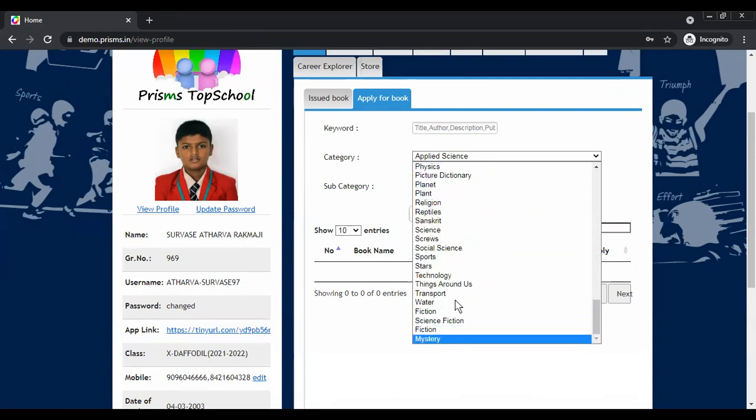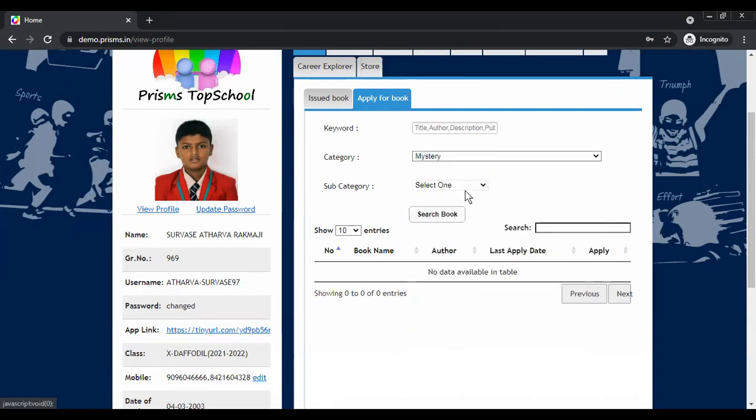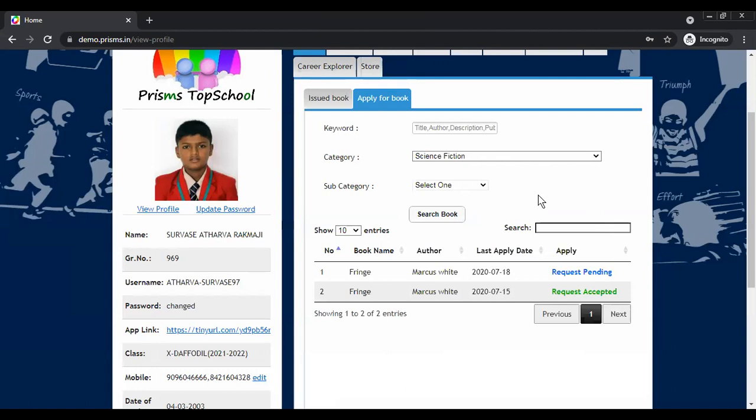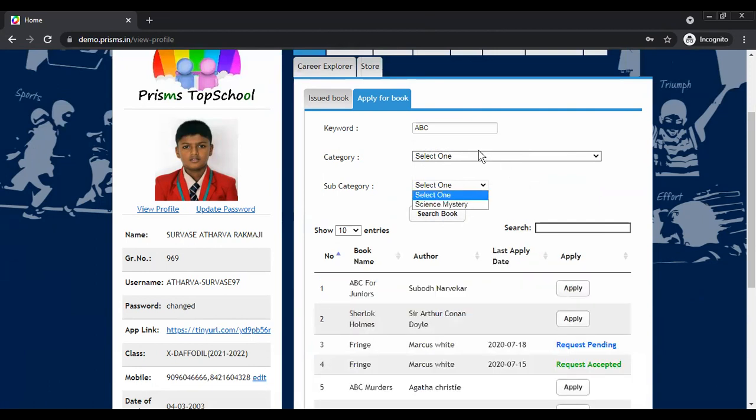Okay, so basically students can also get to know what all books are there in different topics in a library, and they can also apply for the books. The student can search through the category or subcategory, or directly search from the name. No, I think don't apply any category in search. Yes, I'm removing the keyword also. Okay, no category.